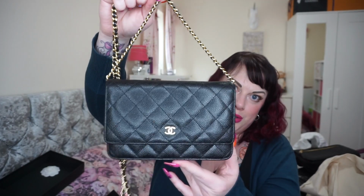My sister-in-law has this bag, but with the silver hardware, and I'd kind of touched hers up a little bit, and it was like, oh, maybe I can save up to get something Chanel. So I started putting money away, and bit by bit I finally ended up with enough money to buy this bag. Now, I did actually sell a lot of bags to help fund this,